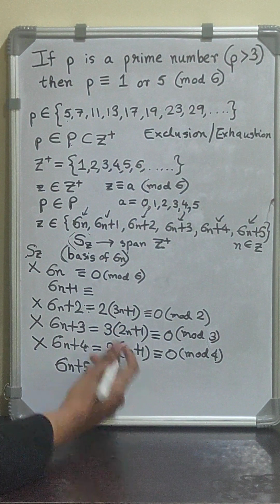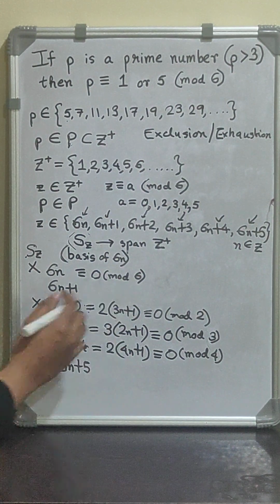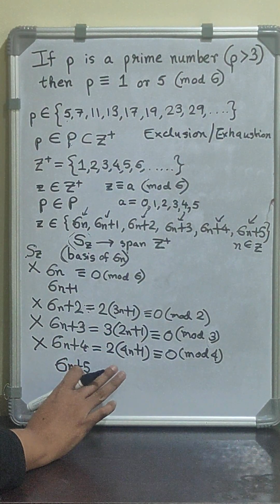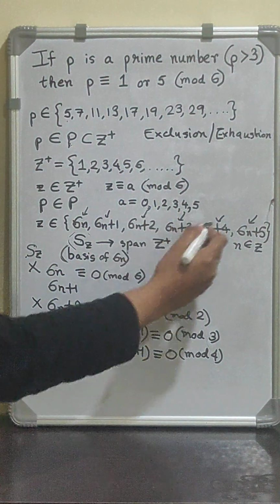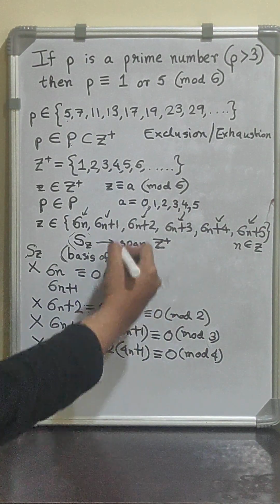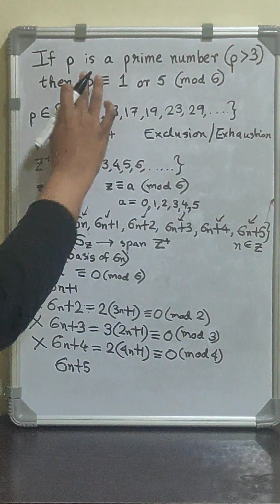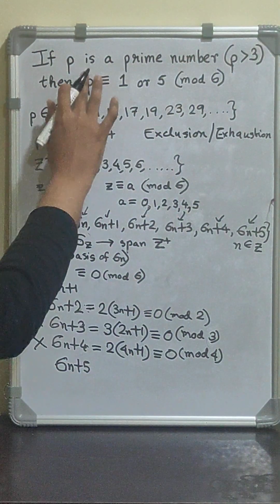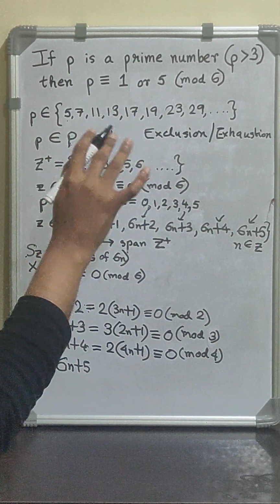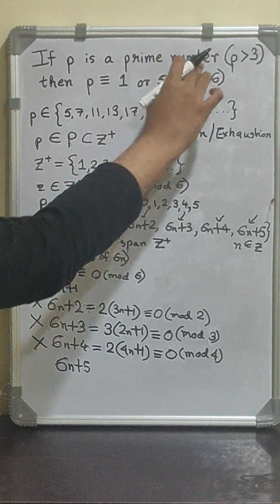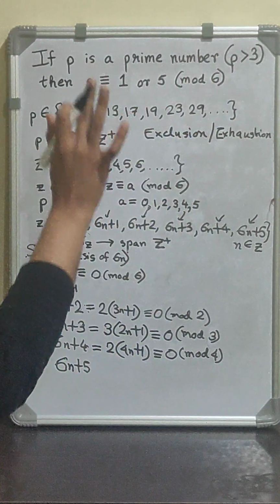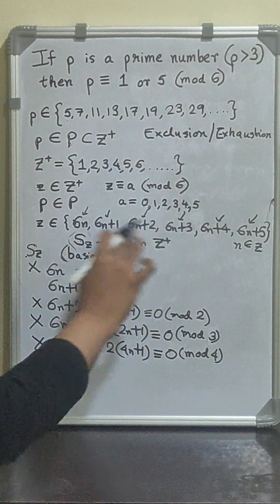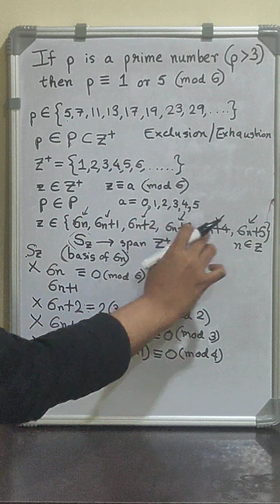And perfect. I eliminated all the options except 6n plus 1 and 6n plus 5. And that means, since this basis spans the set of positive integers, to think of it very clearly, and how we started out with any prime number p greater than 3, that is a positive integer, so it will be a part of this set, and this set is spanned by these basis